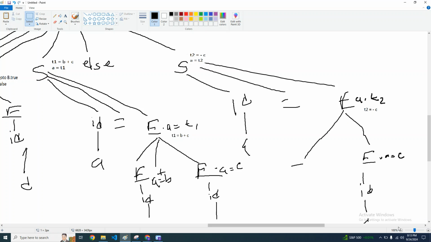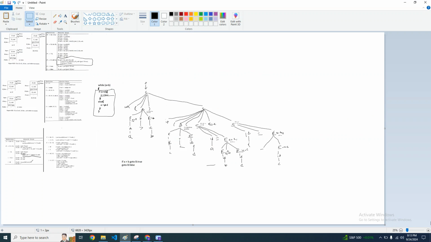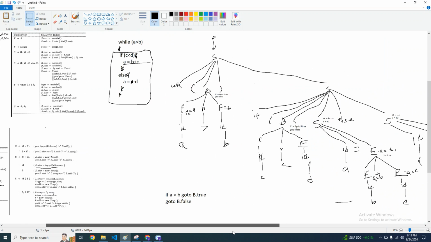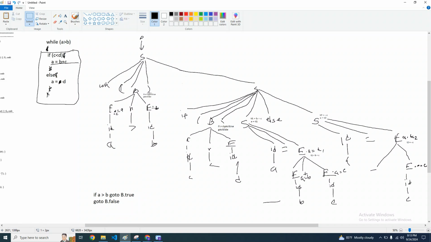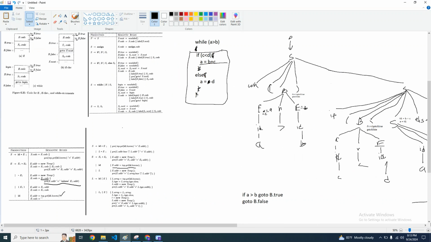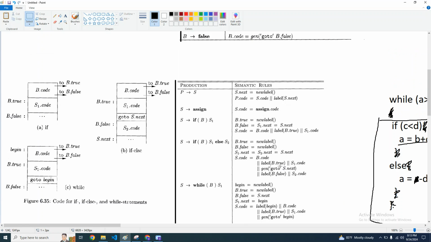Now comes the interesting part. As you can see, we have b dot code. We have, let's look at if else first. So we have b dot code. We have s dot code. We have s dot code here. Okay. So what does this grammar say? Now let's look. What does this grammar say? This grammar says